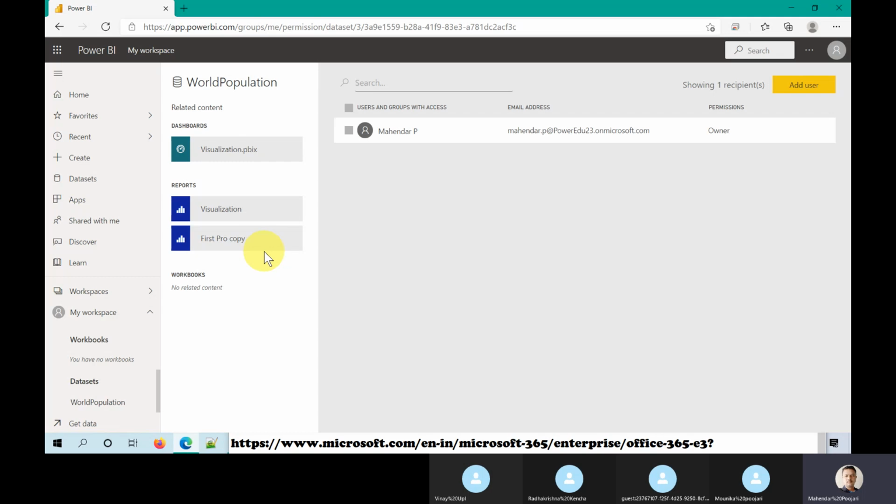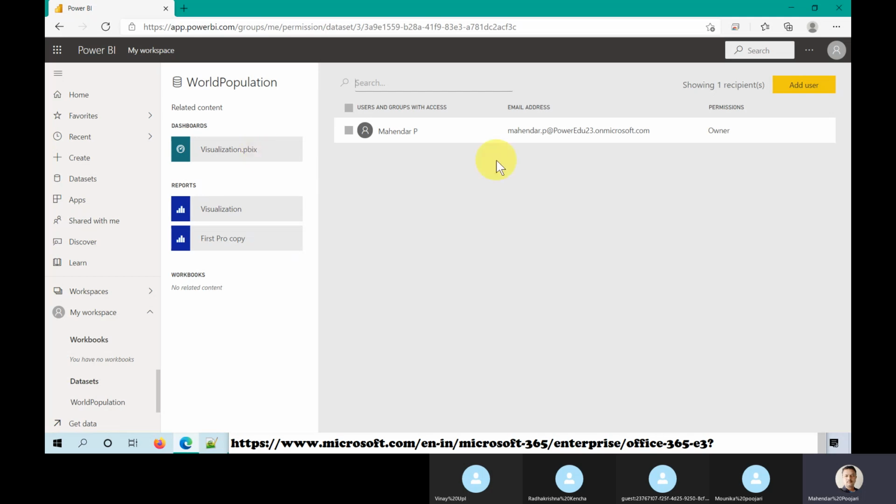Anything is possible. But if you share the data set, they can see the reports and visualizations. If you share the report, they can only see the dashboard and report. If you share the dashboard, they can only see the dashboard. Understand the security. Sometimes you can restrict at the dashboard level also. It's purely an administration role, guys.